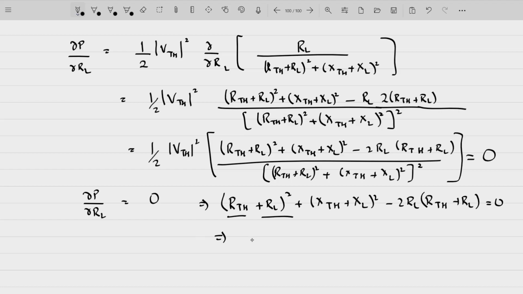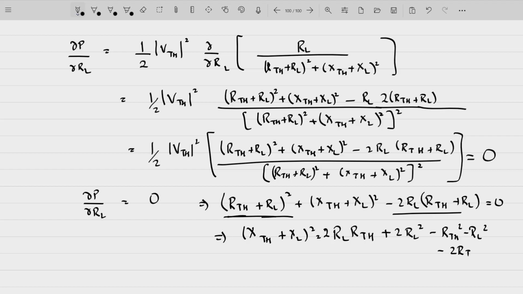RTH, when we expand this, this will be equal to RTH square. These two terms we will take to the right hand side, and we'll be left with (XTH plus XL) square here. Opening the rest, 2 RL RTH, minus minus plus 2 RL square, minus (RTH plus RL) whole square, that means minus RTH square minus RL square minus 2 RTH RL. So this and this cancel out, and this one also cancels out. So we have (XTH plus XL) square equal to RL square minus RTH square,